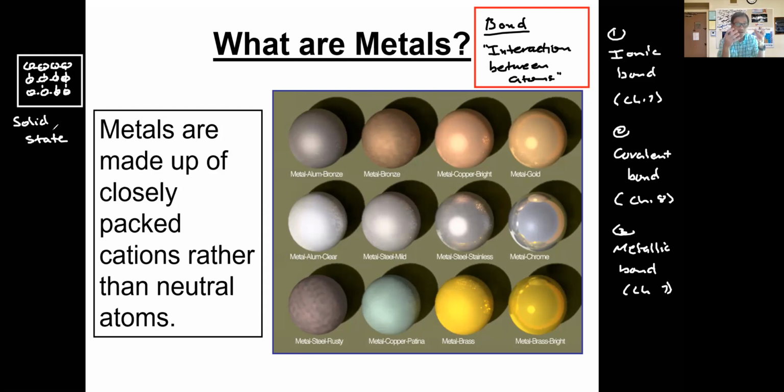For ionic compounds, the interaction is the ionic bond, the attraction between positive and negative ions, and that's a very strong interaction. Let's work backwards a little bit. Here are examples of some metals, and these metals are in the solid state, which means there has to be an interaction that holds these atoms together. So let's take a look at gold, for example.